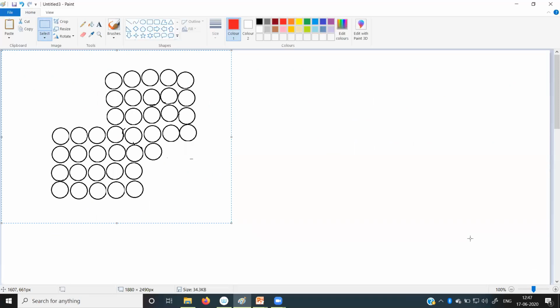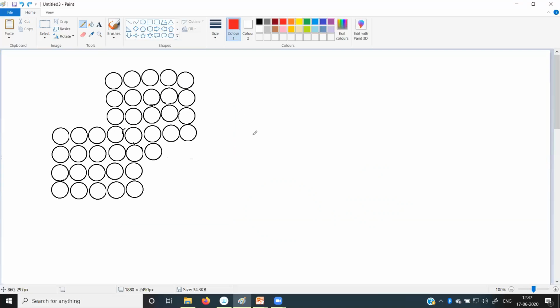It is a polygon, and the circles represent pixels. Using this set of pixels, we form a polygon. First I will show you how the 4 connected approach fills up the polygon.